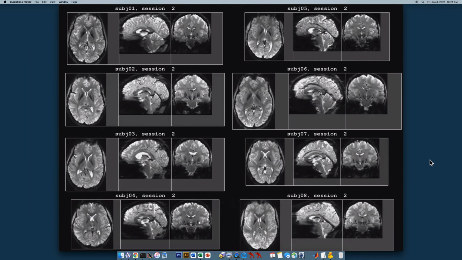These are a grand bird's eye view of the data set. And this movie in particular was referenced in the paper. This just shows you, after preprocessing, the mean volume from each of the scan sessions that we held for each of the 8 subjects. And you have axial, sagittal, and coronal views. Basically we're looking for stability here. And certainly there's some amount of visible instability,